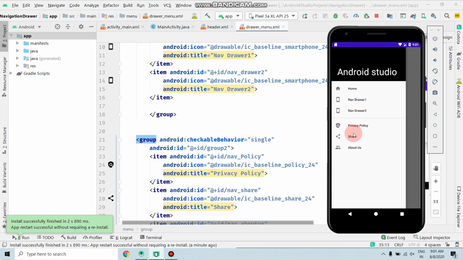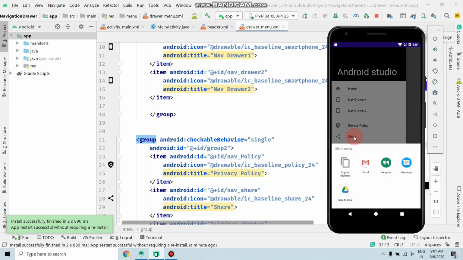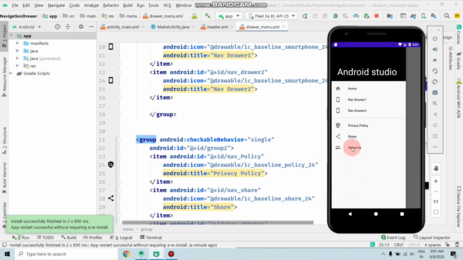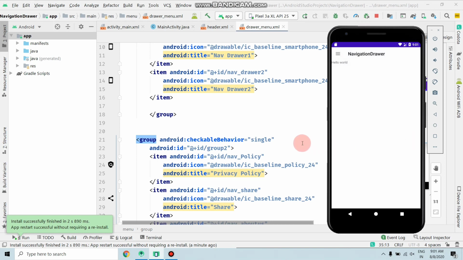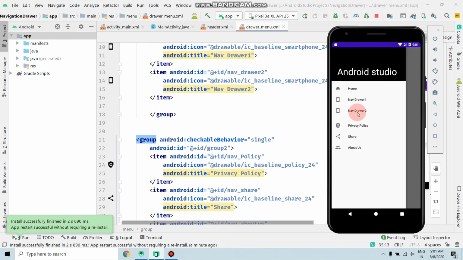And if we click on share, as you can see we can share from here. And if we click about us, then the about us page is visible. So guys, in the next video I will show you how to set on click listener on navigation drawer.